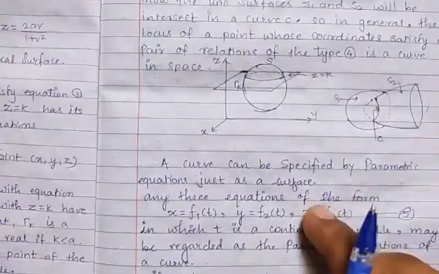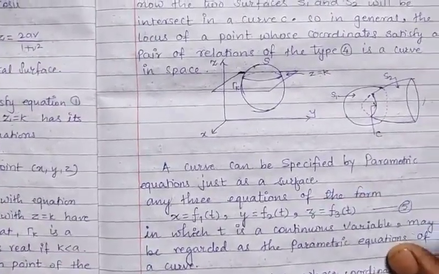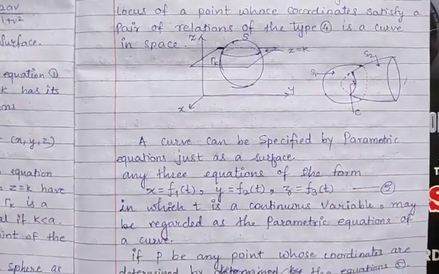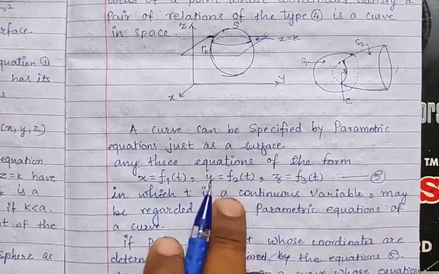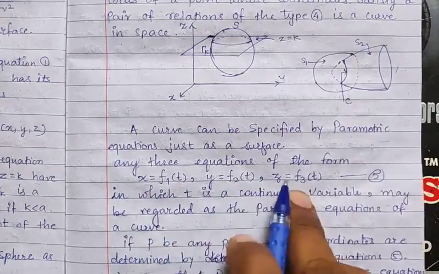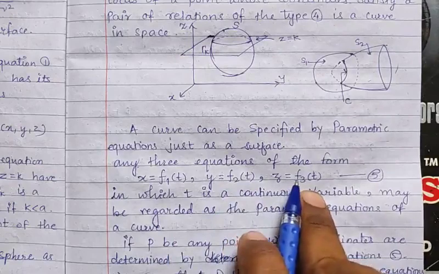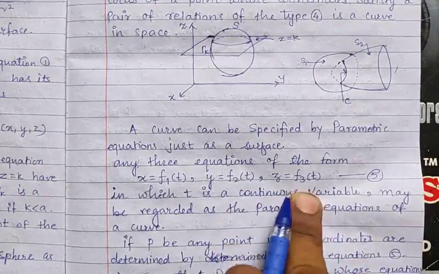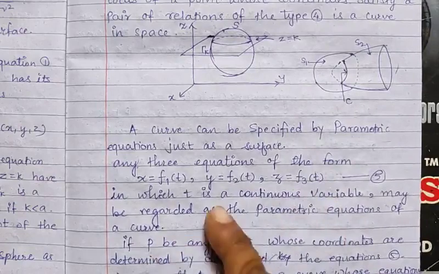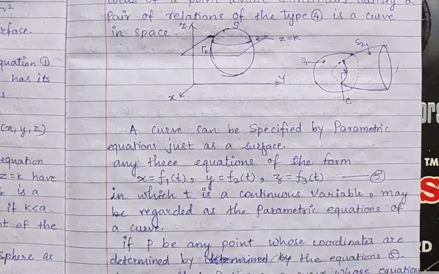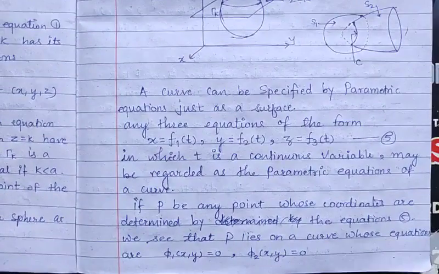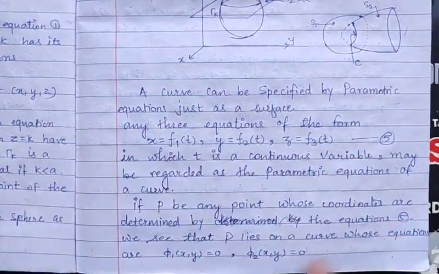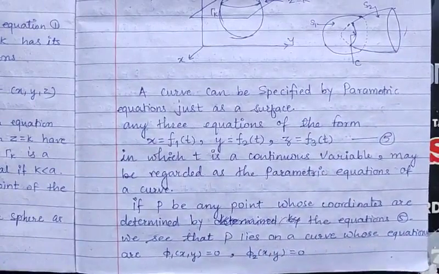Now a curve can be specified by a parametric equation, just as a surface. So any three equations of the form x as a function of t, y as another function of t, and z as a third function of t, f3 of t, in which t is a continuous variable, may be regarded as the parametric equations of the curve. If p is any point whose coordinates are determined by equation number 5, then we see that p lies on the curve whose equations are